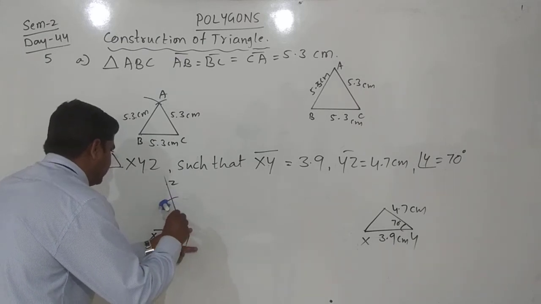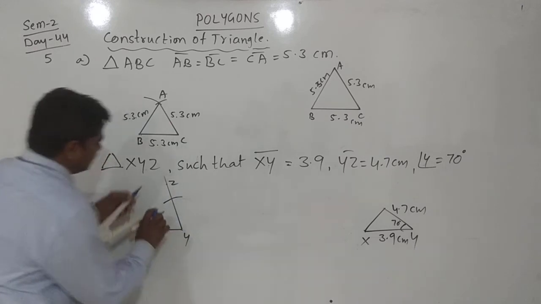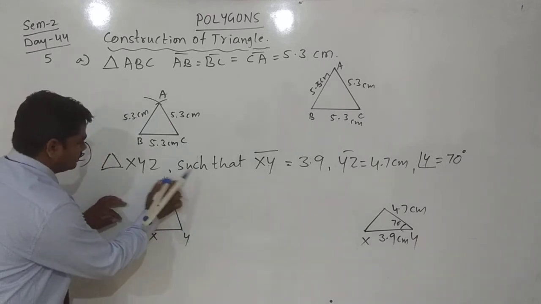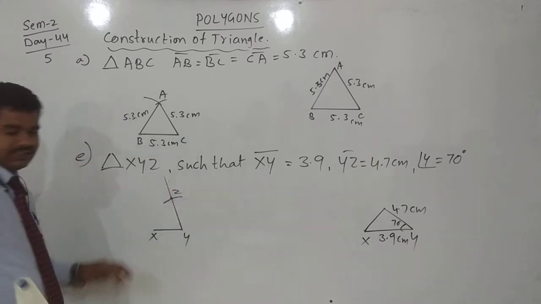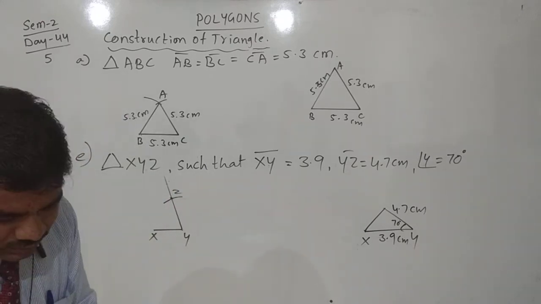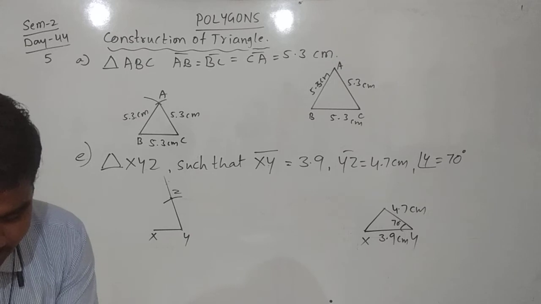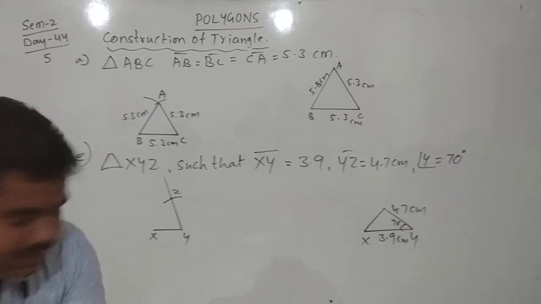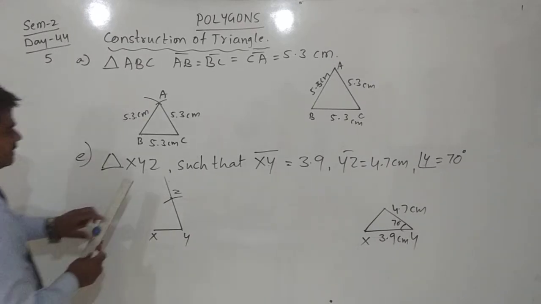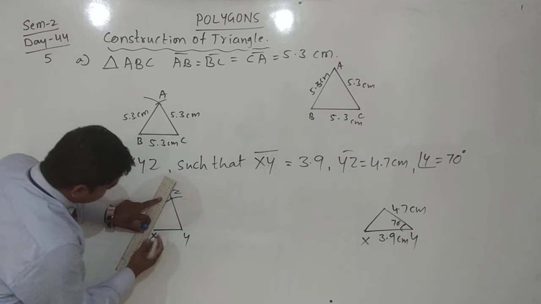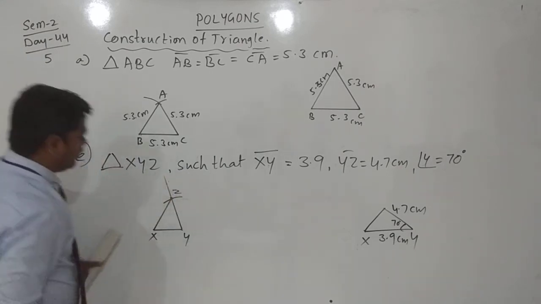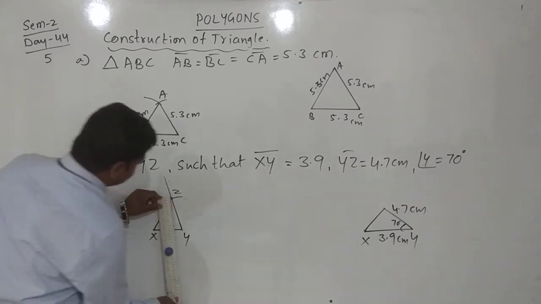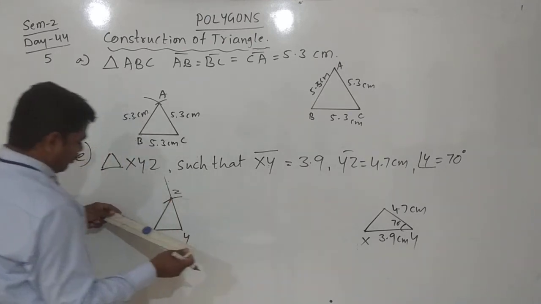Yes, place on Y. This is the point Z. Now, with the help of ruler, we can join this XZ. XZ, this is equal to, now measure this one. Yes, it is exactly 4.7